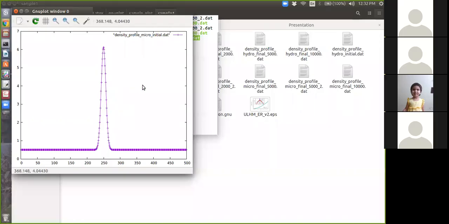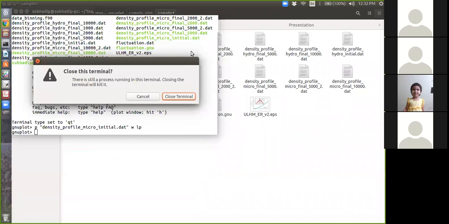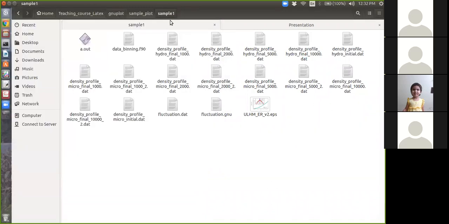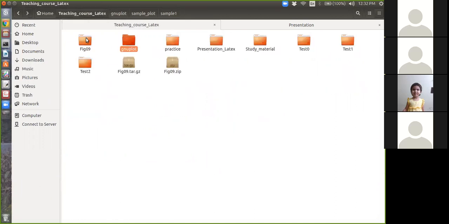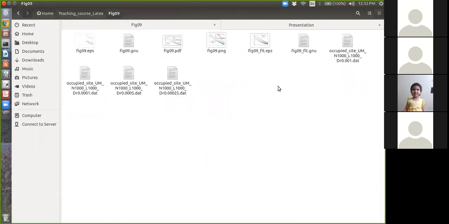So I should work with the same data file, right? Let me do that. The way to go to that folder is easy in Linux. Just go to that folder.